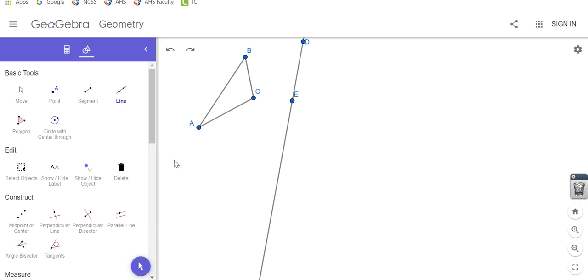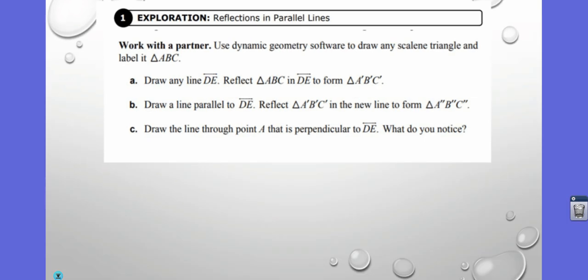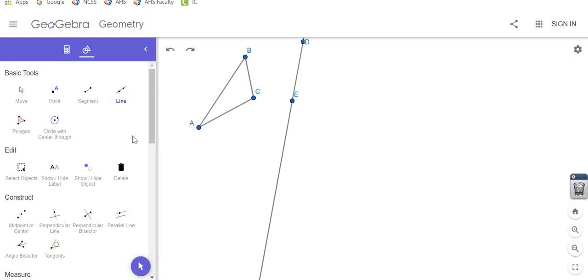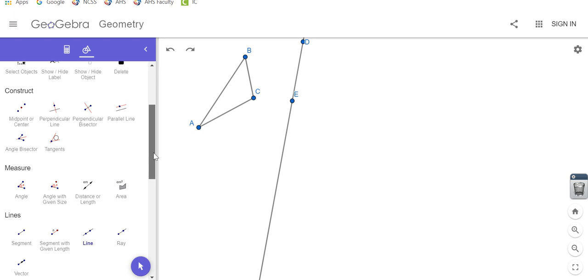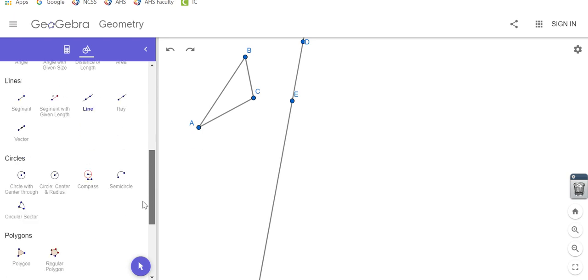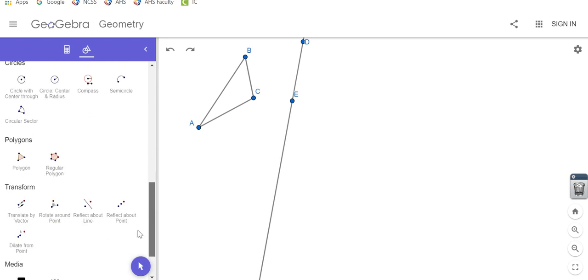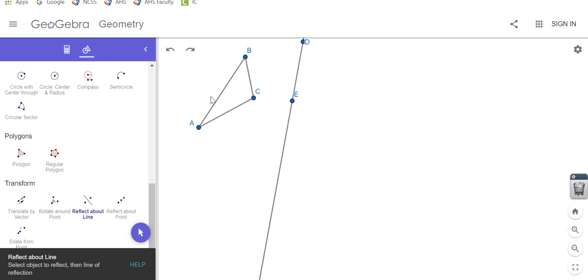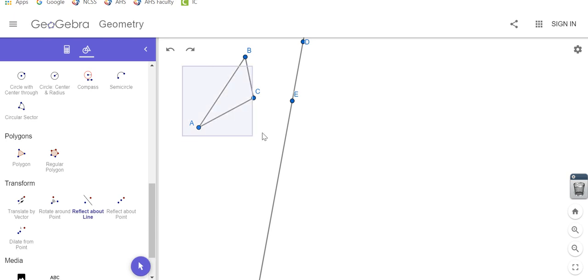And then, is that line supposed to be parallel? And it says draw any line. Okay, so I'm drawing a line, and then we're going to reflect this line. So we're going to take this triangle and we're going to reflect it, oops, across